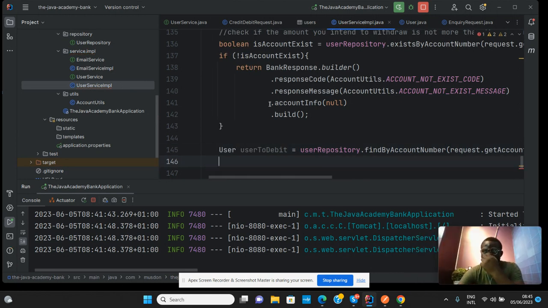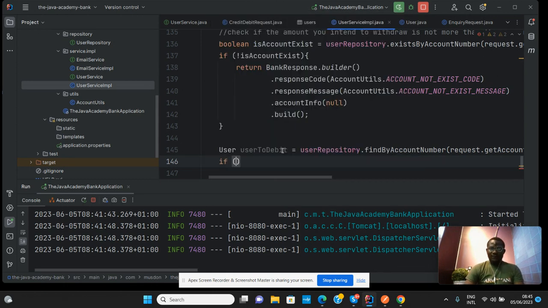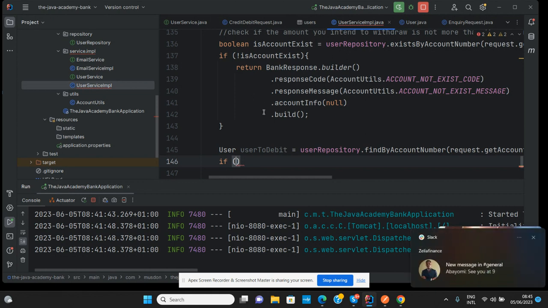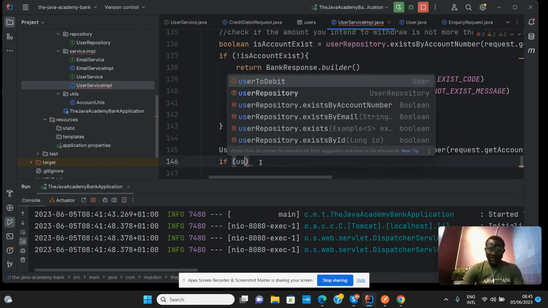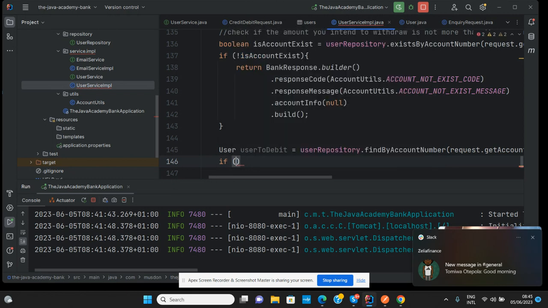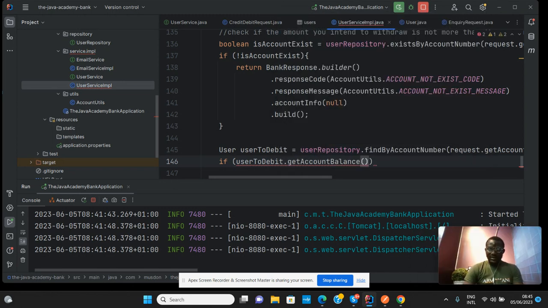So at this point, this is in the case where the user exists. So I basically need to check if the user to debit dot get account balance